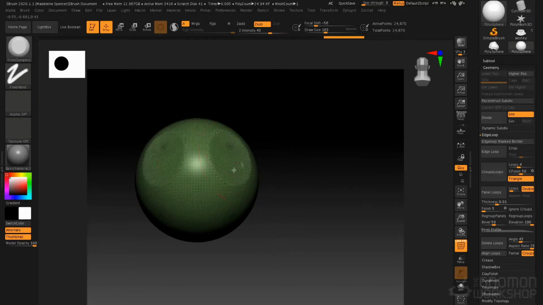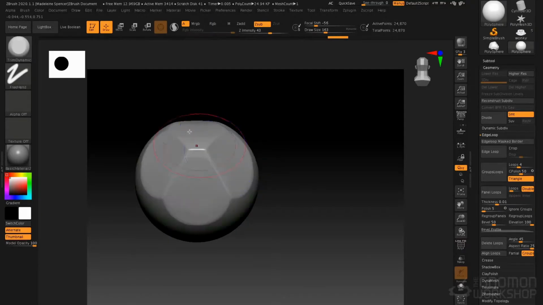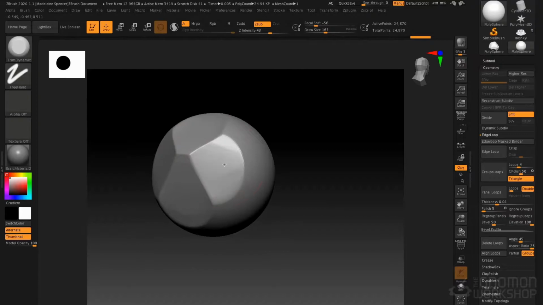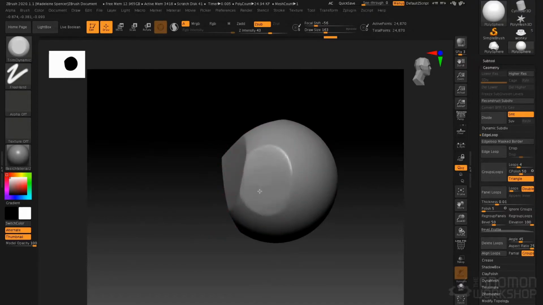There we go. And just start sketching. Get a feel for how this brush works and how any of those hard surface brushes work. And you're going to find that you learn it a lot easier just working on something simple like a sphere. It just takes a little bit of time and effort to get the nuances of how the brushes